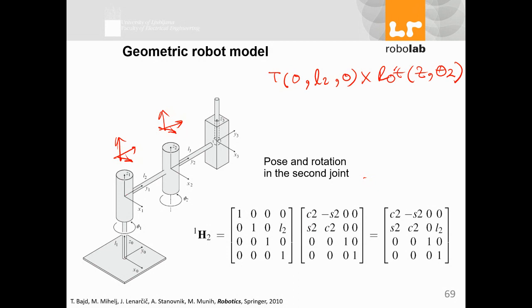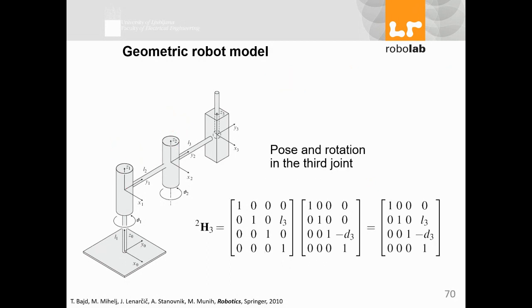That makes my robot's second link versus the first joint, the second joint versus the first joint. And finally, from here to here, we have another displacement with length L3, translation 0, L3, 0